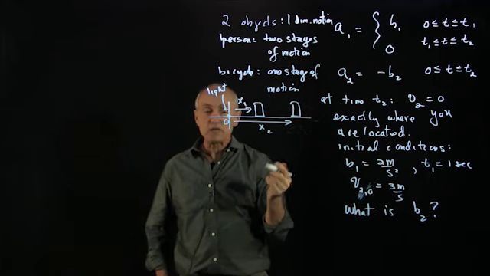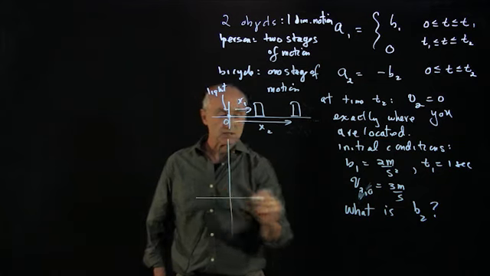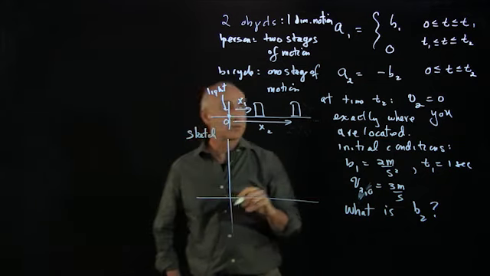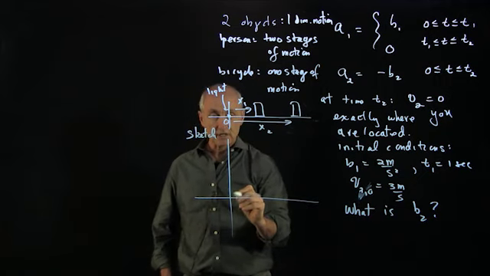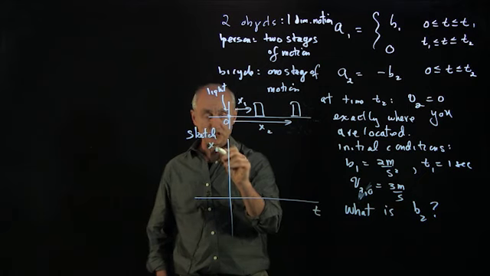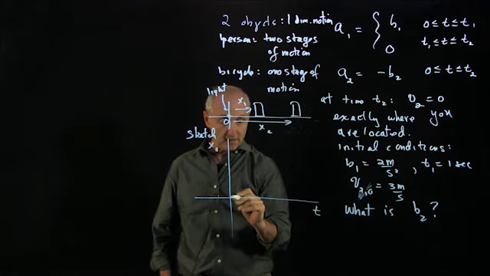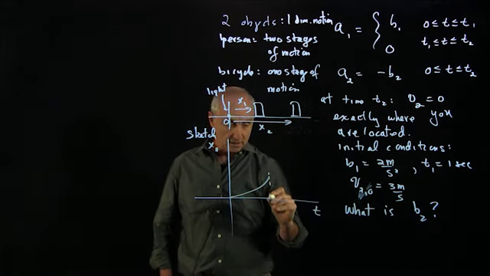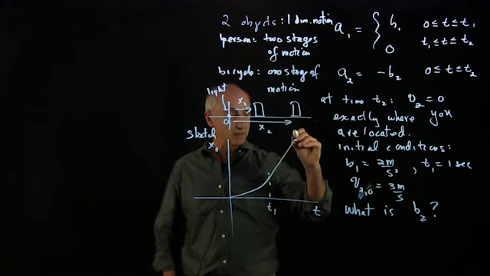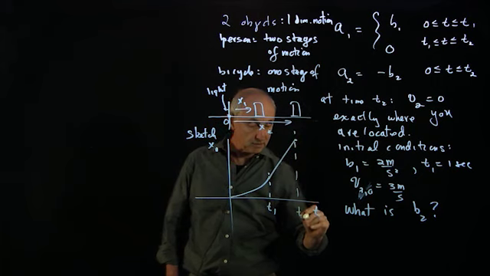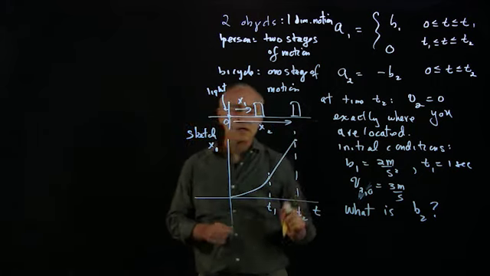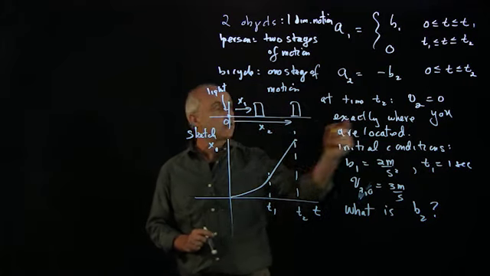So now, how do we sketch the motion of these two stages of motion? So let's make a sketch. And let's start with the person. Well, the person, if we plotted their position as a function of time, I'll just draw the person function, they're accelerating to a time t1, and then they're moving at a constant speed until time t2. Now, the bicyclist is a little more complicated because initially the bicyclist has